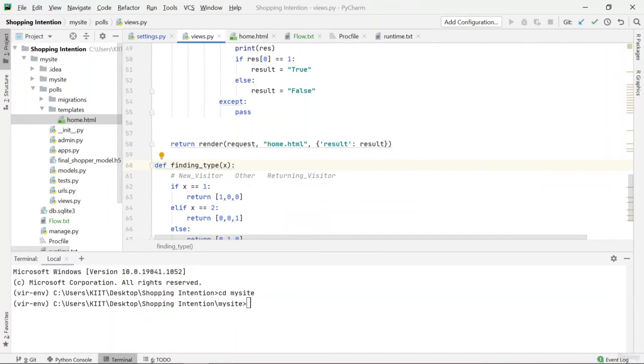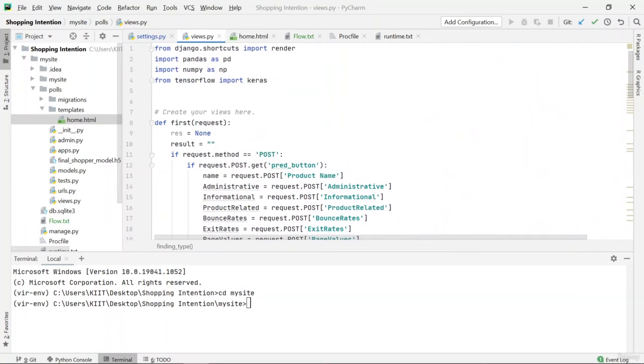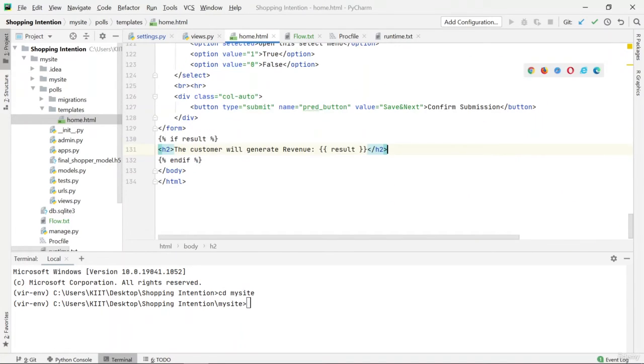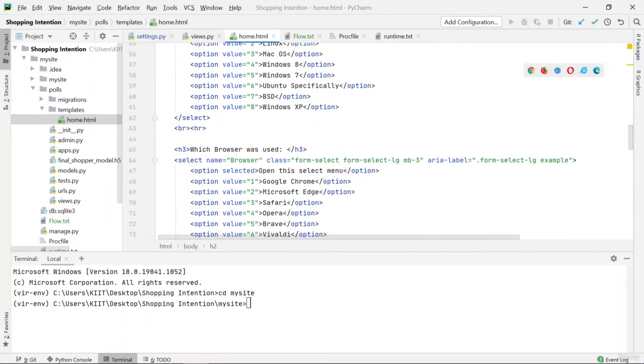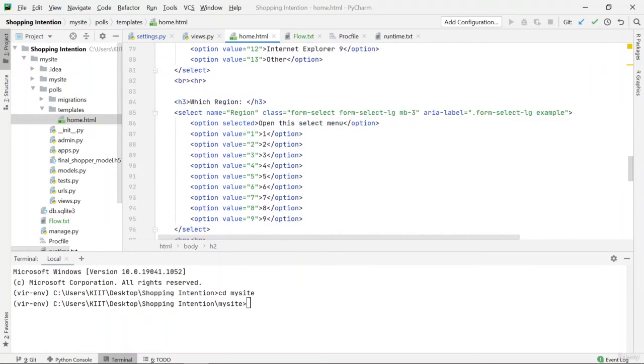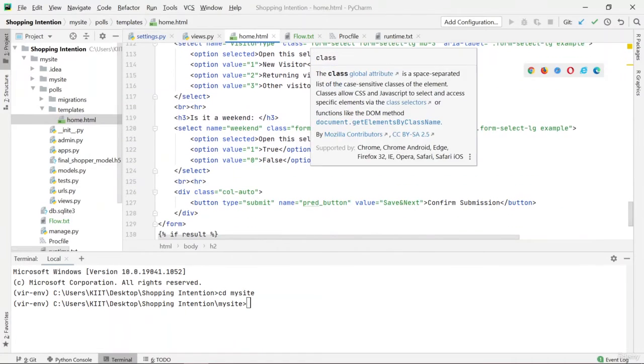So this is the part where most of the work done by the web application at the back end is happening, and the front end, just as I showed, is taking values and returning a result or showing the result after completion of prediction.